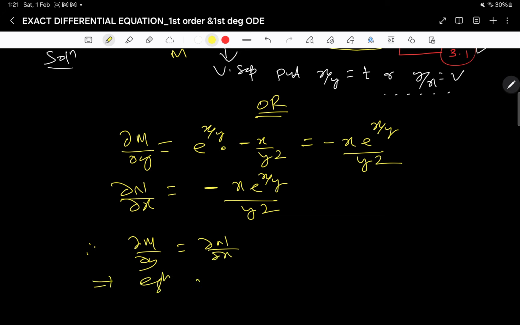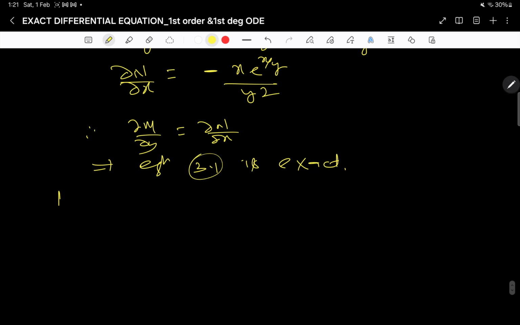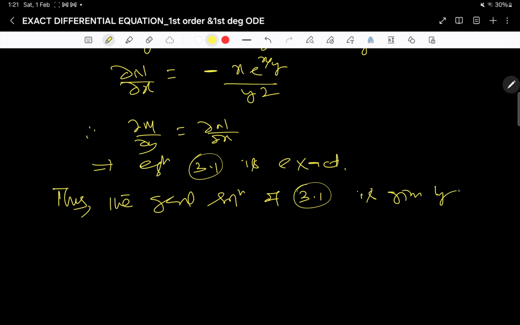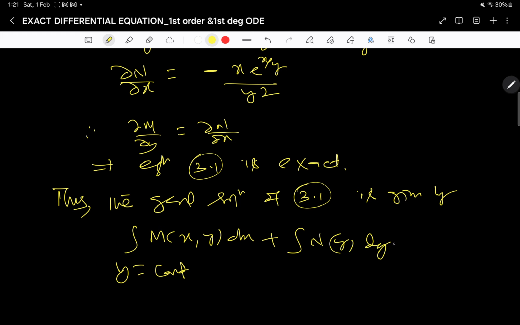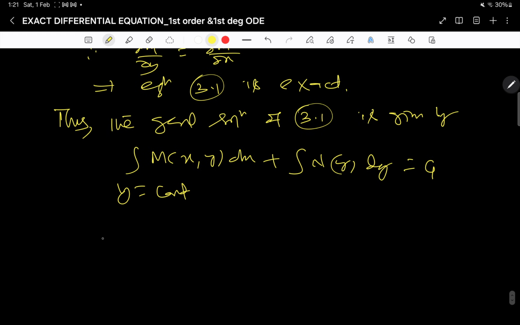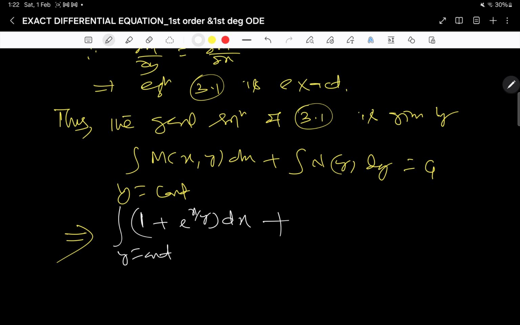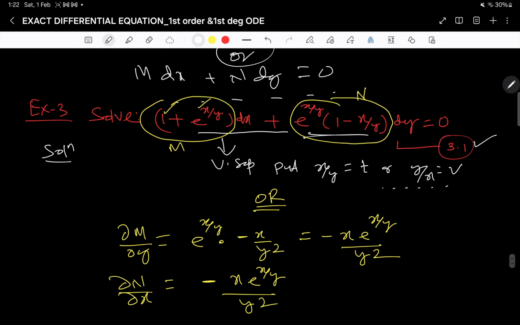So this implies equation 3.1 is exact. Thus the general solution of 3.1 is given by the integral of M(x,y) dx, treating y as constant, plus the integral of N(x,y) dy equal to a constant. So here it is the integral of 1 plus e to the power x by y, dx with y constant, plus in N there are no terms free from x,